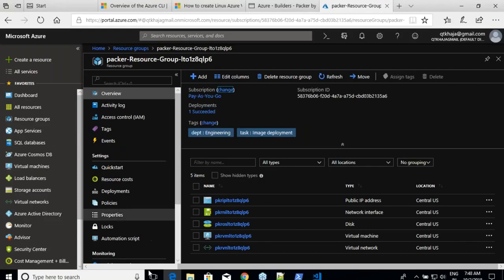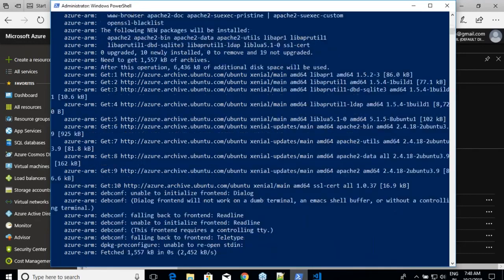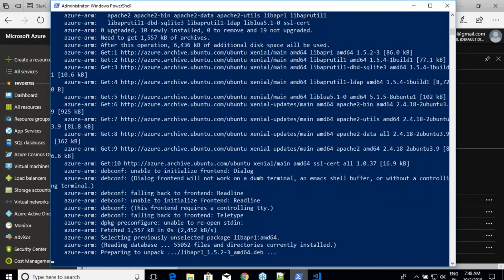All right, your virtual machine is also this. This is something which Packer is creating. Now it is executing our provisioning script. After it executes all the commands and everything is done successfully, it will create an image. That image will be copied into our resource group, which is Packer, and then it will remove this resource group, so that you will not see a machine in which it has done all of this work, right?